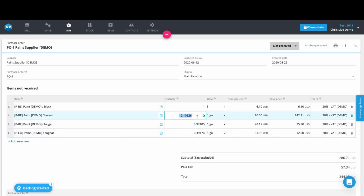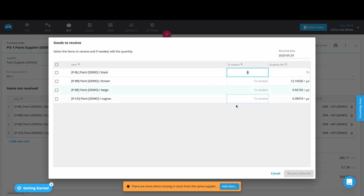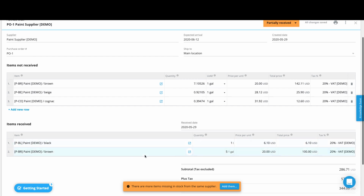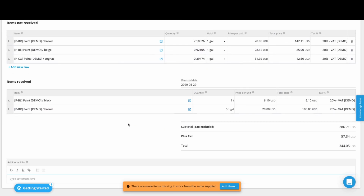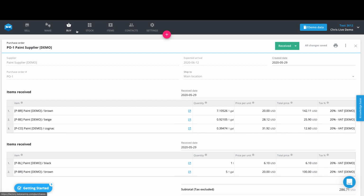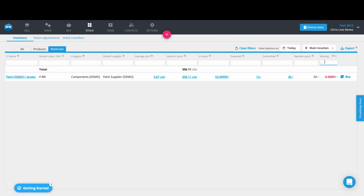So if needed, you can actually go in here and change the quantities as required based on the inputs that you've set for your unit conversion. If we need to mark them as received, we can mark them as received and specify, for example, how much we need to receive from different shipments that come in from our supplier. And then essentially you can receive the amounts that have been selected. So Katana does support a workflow that enables you to do a partial receipt of goods. And those items will then go into inventory and then update your inventory quantities correctly. Lastly, we can mark everything as received on that PO, and all of those items will now flow into stock, and you'll see that your material stock levels will have been updated